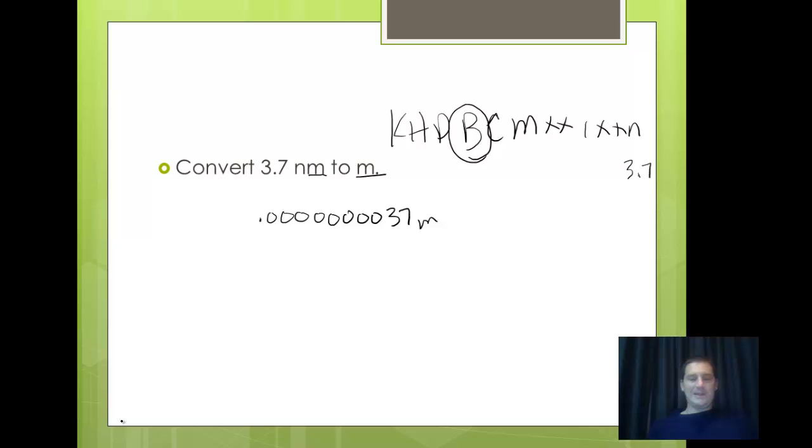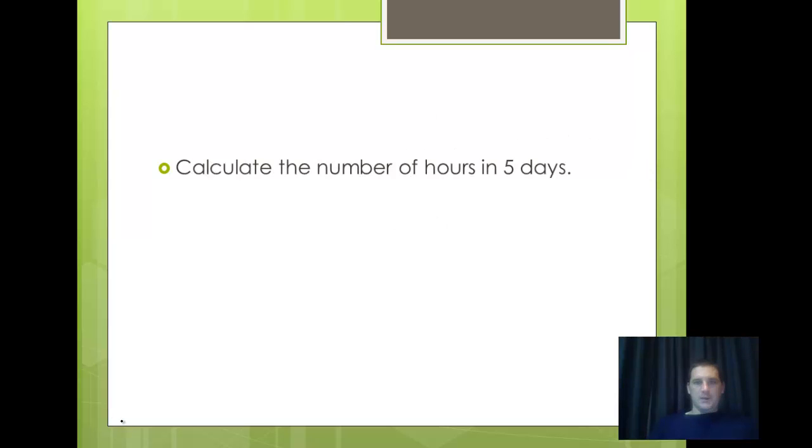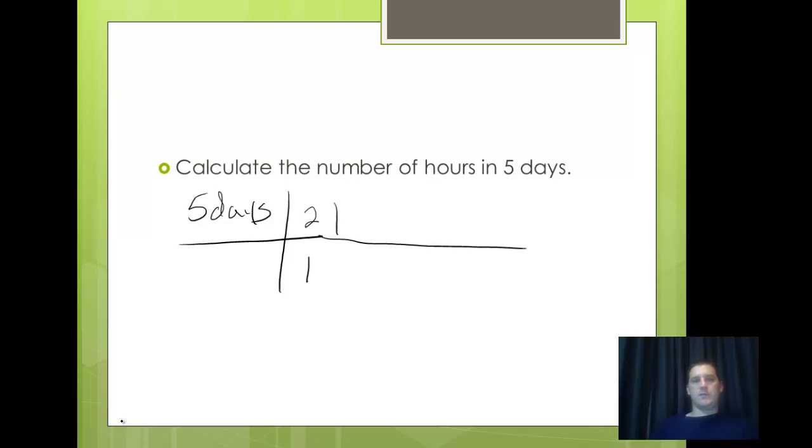So we're going to calculate the number of hours in 5 days. So always start with what you're given. We're given 5 days. Okay, again, let's extend this line because we're going to do multiple steps to get our answer. Well, we know that for every 1 day, we have 24 hours. Okay? Be sure to write our unit down here so we know that the unit cancels out. So that one's pretty simple. It's just a one step. You do 5 times 24, and there are 120 hours